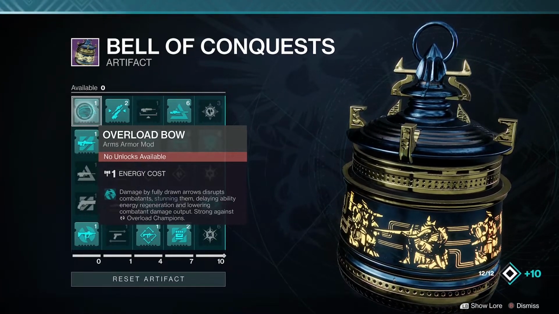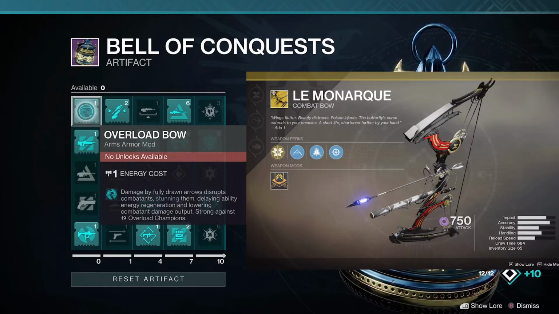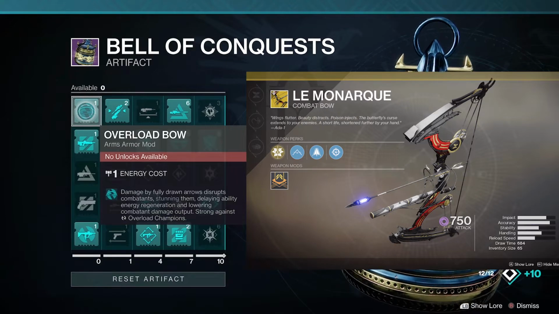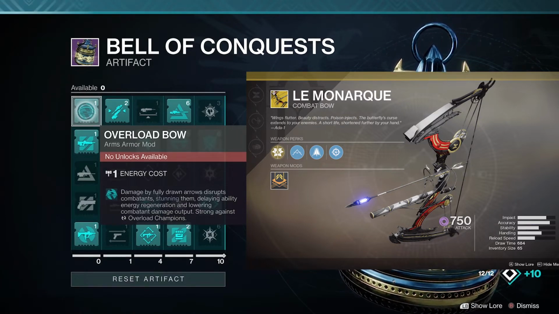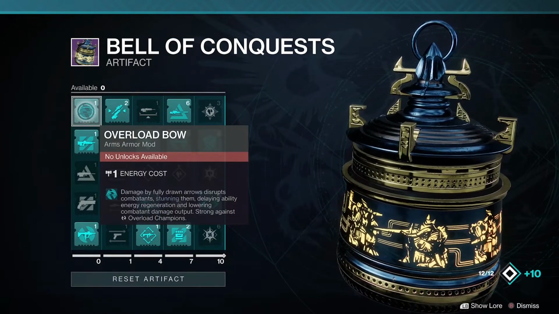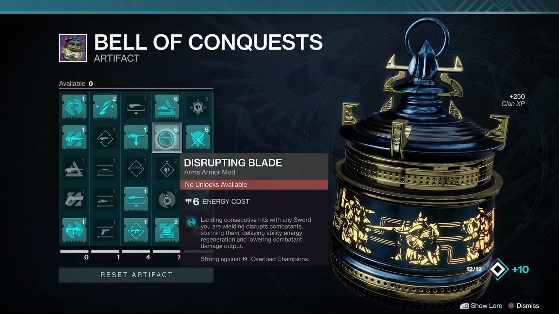One other benefit of using overload bow is that if you make use of the Lemon Arc bow and you're able to land precision hits, the exotic perk on that, which causes a void explosion of energy, will actually continue to stun any overload champion that you can land a hit on. Ultimately, the choice is going to be yours. I decided to go with the overload bow and still unlock the Disrupting Blade mod,